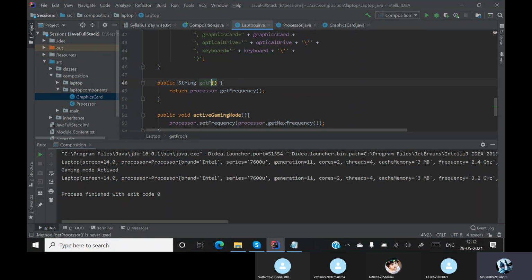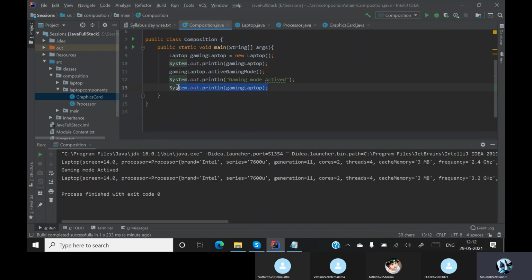So I'll write a method called get frequency, and here I'll say system dot out frequency set to, my gaming method is activated. After my gaming method is activated, gaming dot get frequency. Now I'll run this.